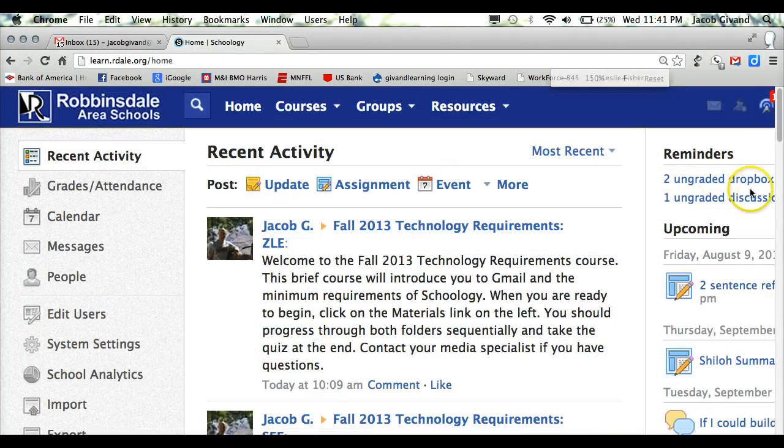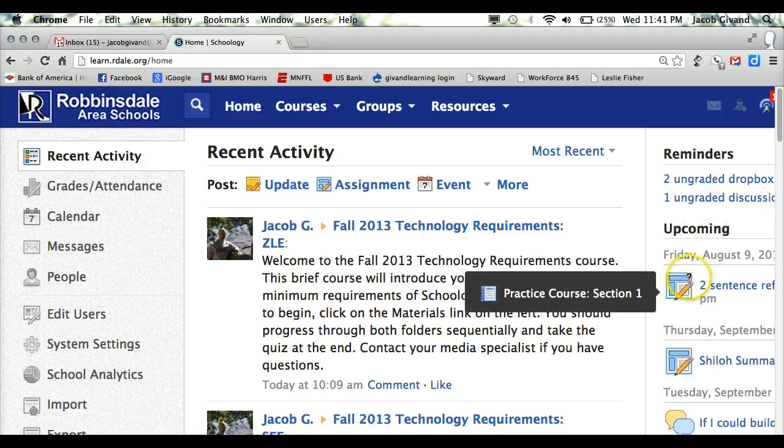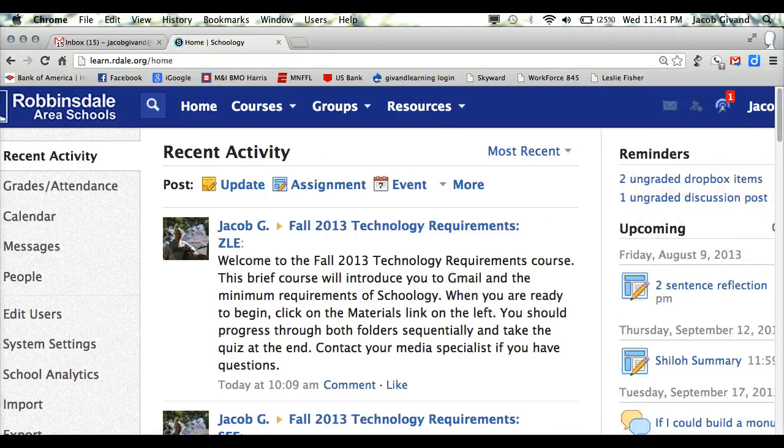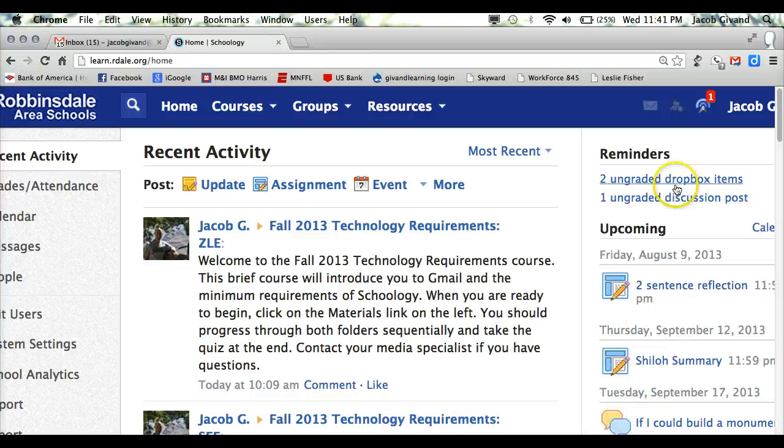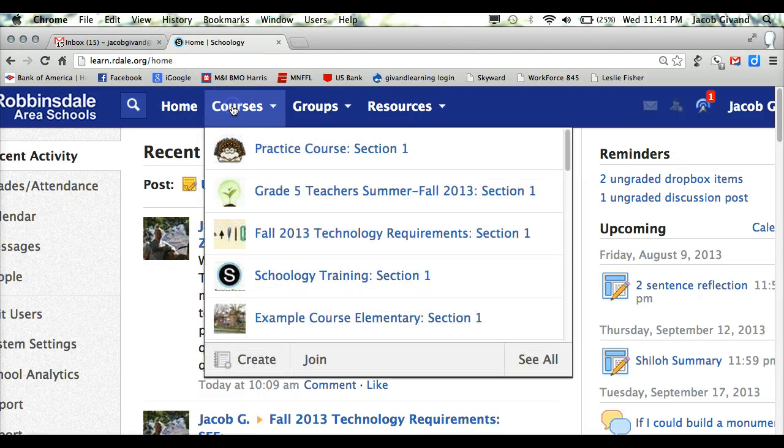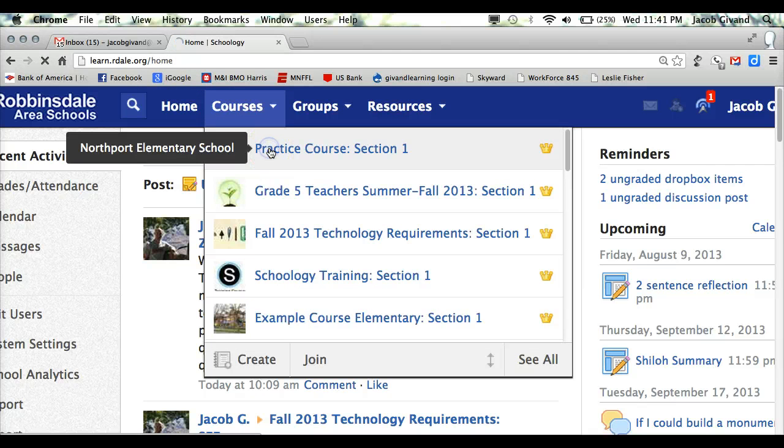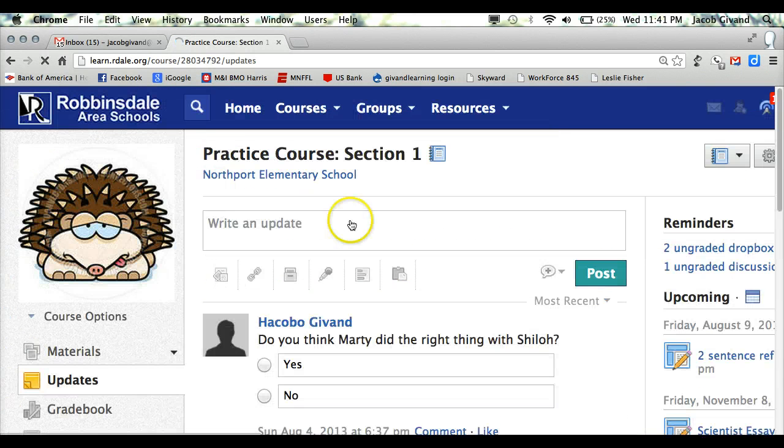And so if I wanted to click on that, I could do so, and it would take me right into it. But what I'd like to do is go into the course where that student turned it in, because a lot of times you'll be in your course, and so let's do it that way. Courses, and this was the course I used, this practice course. Again, I see ungraded Dropbox items over on the right, but let's go into materials here,